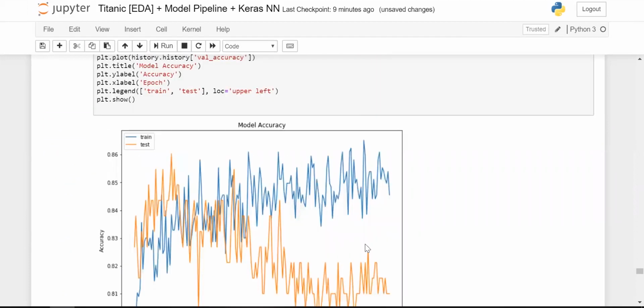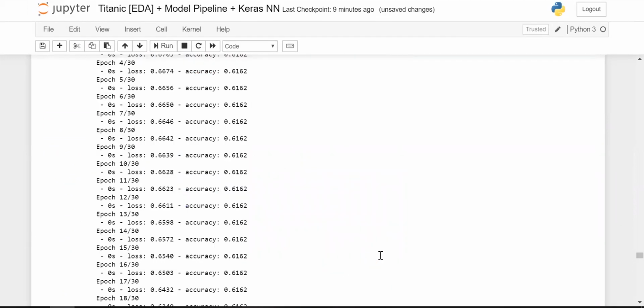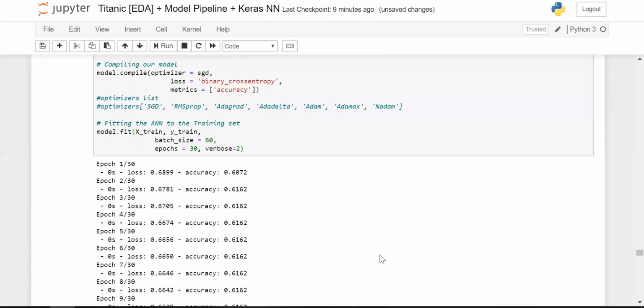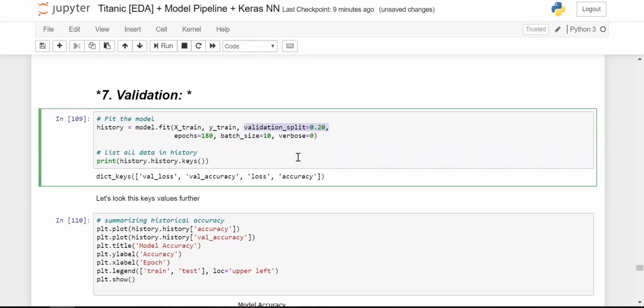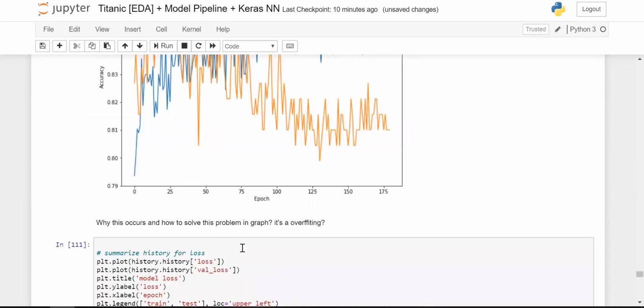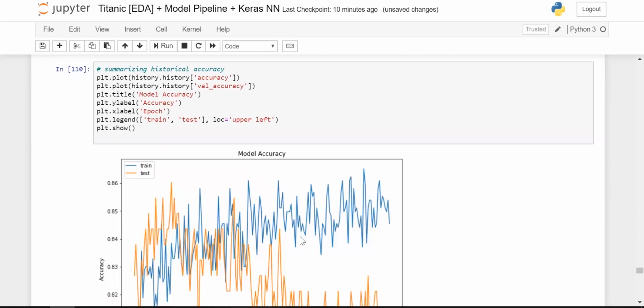How we got this result is that we have done the split of 80-20, if you can see here. So you've done a validation split of 80-20 upon the training data itself and then built this model. Unfortunately, since it is a competition data set, we do not have the expected labels for accuracy. So we cannot actually plot the testing validation accuracy.